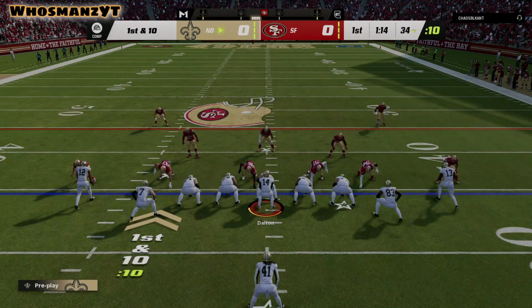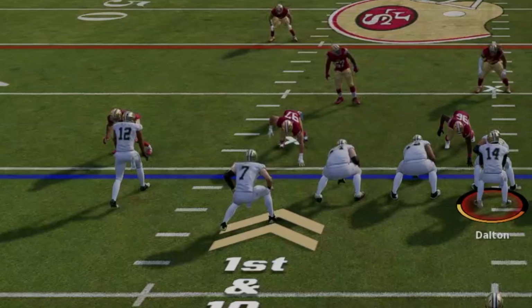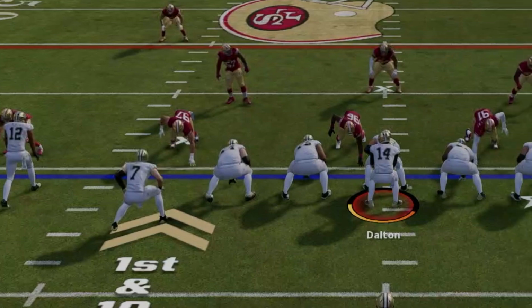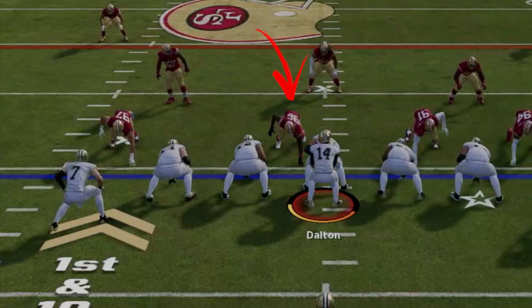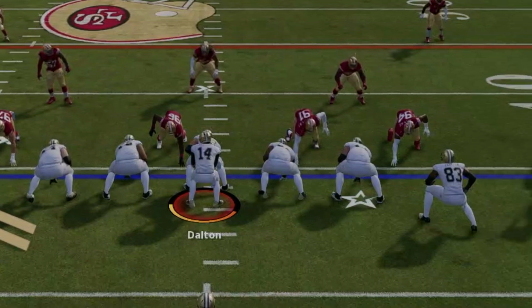Okay, so the alignment is pretty much the same here. You're going to see how this linebacker is going to influence the left tackle, but everything else should end up being blocked about the same way. You see the nose tackle and defensive tackle should be double teamed. And then as far as that edge rusher,